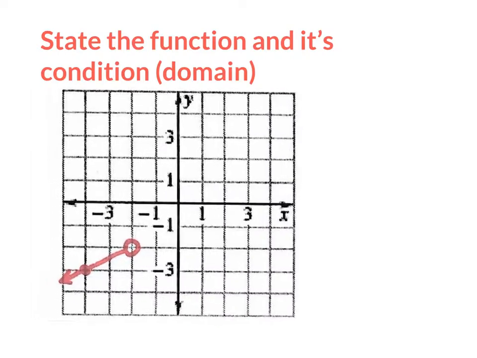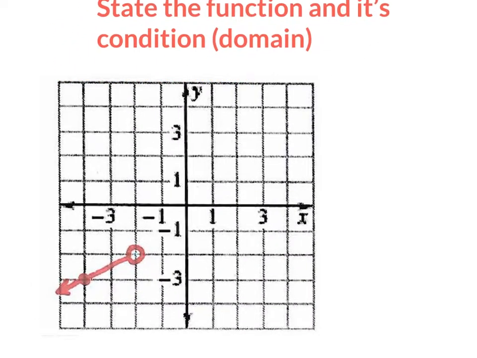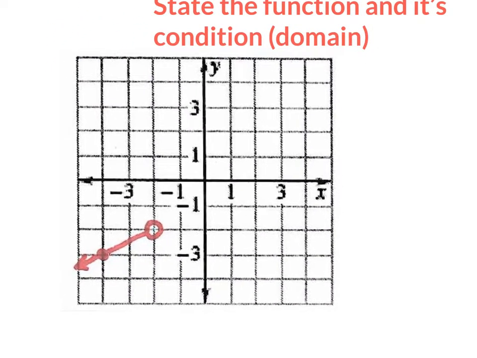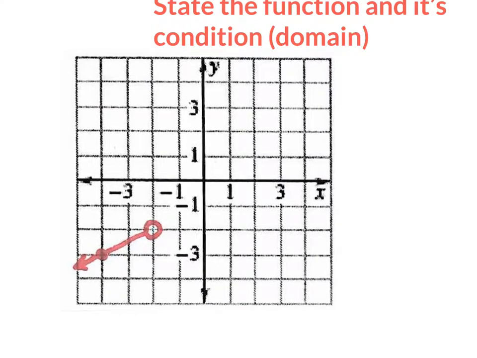How about this guy? A lot of people get confused with this guy. State the function and its condition. All right, so what would the equation be? What is the slope right here? Marisol, could you tell me the slope? Anybody tell me the slope? 1/2? Or is it negative 1/2? Positive 1/2, right? Okay, you have to look at it from left to right,